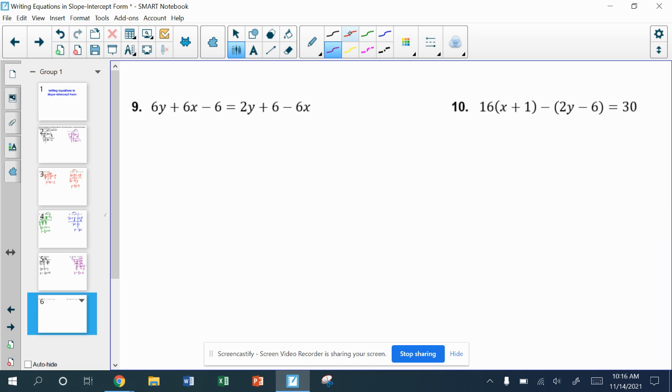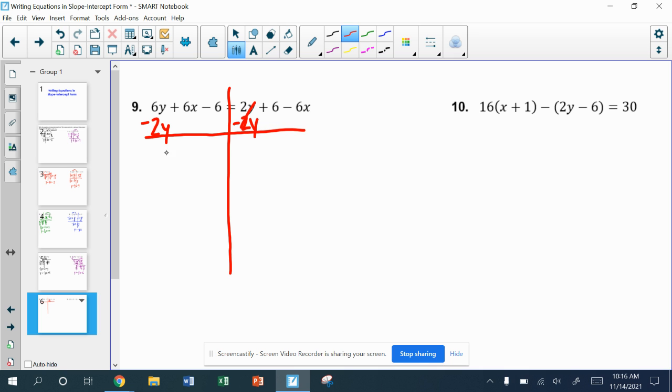All right, these last two problems, rather long, I understand. And for number 9, you can see that you've got x's and y's and constants on both sides. I think for right now, I'm going to try to take this one step at a time, nice and slow, so you can see what's happening. But I can also see that some people would want to take care of multiple things at the same time. I'm going to start by getting all of my y's onto the left-hand side. So I'm going to subtract the 2y that's over here,